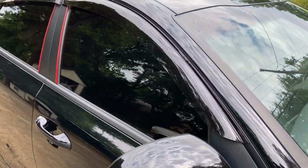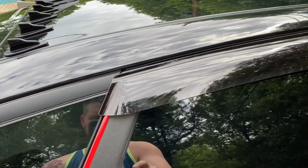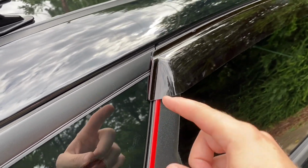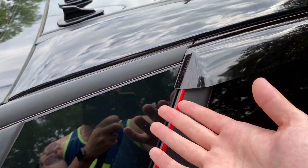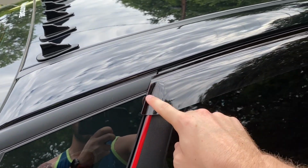Alrighty everybody, and just like that we've got the visors installed, and I think they look pretty dang sweet. We did have to make a minor modification back here because it overlaps onto this back window just a little bit, so I cut some of that adhesive away so it's not constantly sticking whenever I try to open the